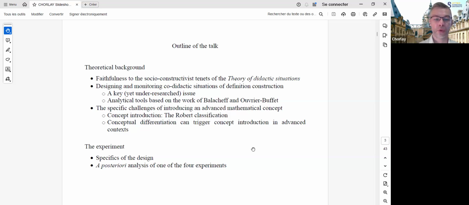So the bulk of the talk will be about the experiment. So I'll first explain our design choices and of course the specific design, and then report on one of the 4 controlled implementations. So a few general inputs from